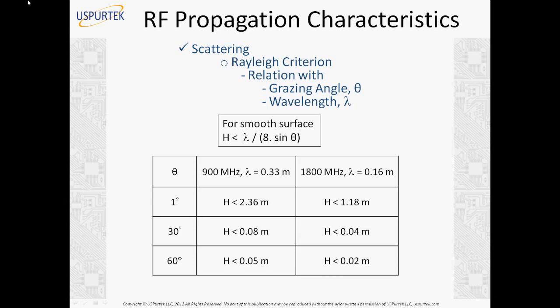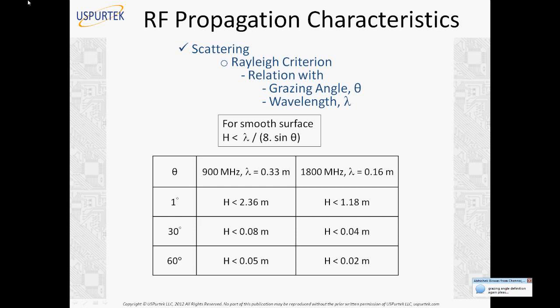That means if I am propagating at 900 megahertz and my angle of incidence is 60 degrees, 5 centimeters of objects will do me harm, so my tolerance level is very small. But if the grazing angle is low, my h has to be less than 2.36 meters. Now if I double the frequency here,